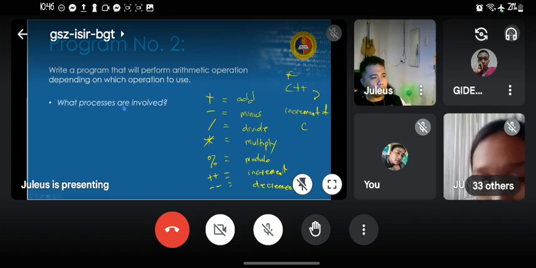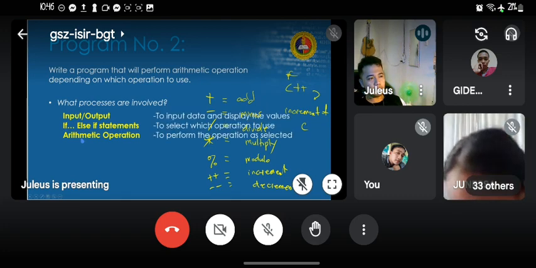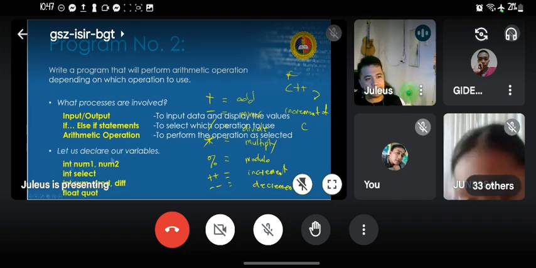All right. So what processes are involved? We'll be using, of course, input and output, and then an if-else statement, and arithmetic operations. So same thing, let's declare variables. We will use two numbers lang, a calculator of two numbers.